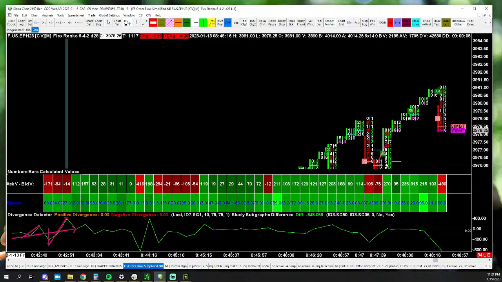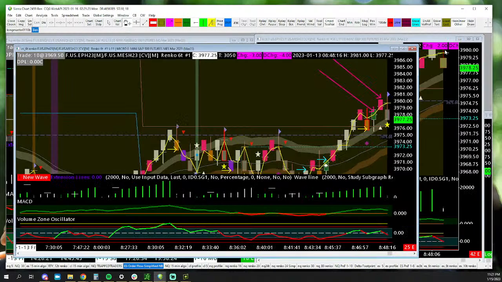If this low gets taken out, I don't really want to be long anymore. Well, look at this indicator. What did it do? It got onto the zero line, it rejected it, and it made a divergent high, and then went lower, right? Now, it's bullish, so you don't want to be immediately short selling. But if you wanted to get rid of some contracts there, I think that makes sense, right?